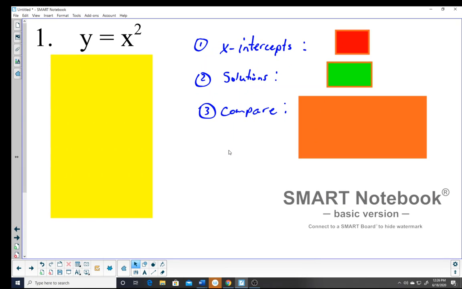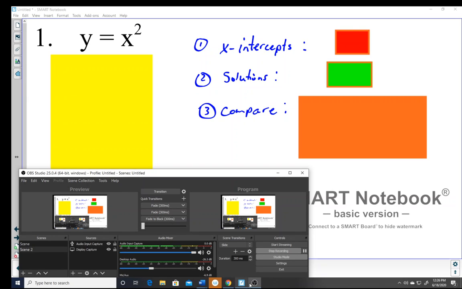So for these problems on your assignment, you're supposed to find the x-intercepts and then solve the equations, find the solutions, and then compare the x-intercepts with the solutions. So on number 1, we've got y equals x squared. So to find the x-intercepts, let's graph it, and when we graph it,